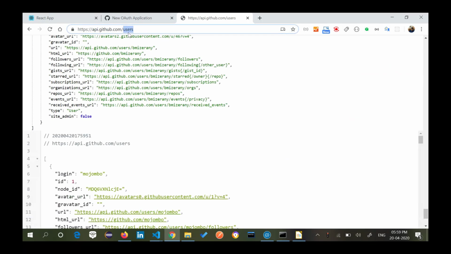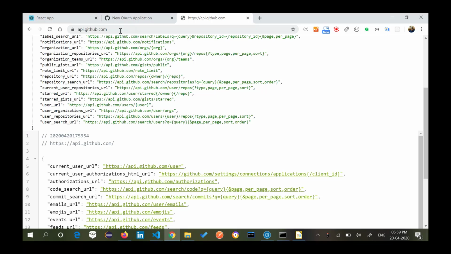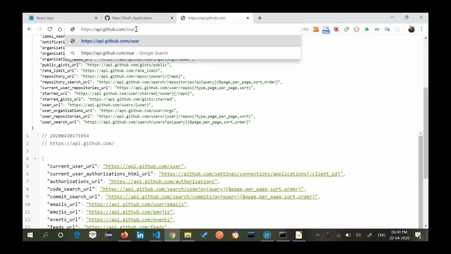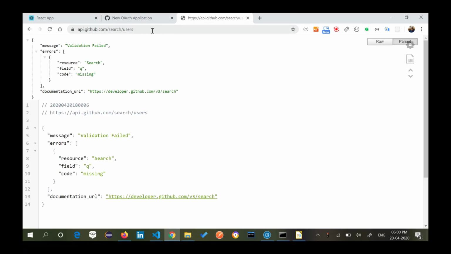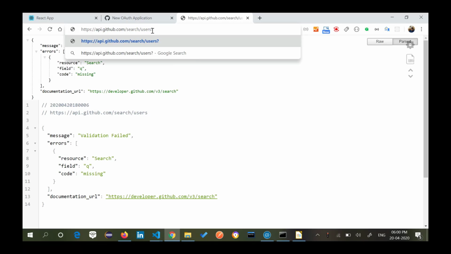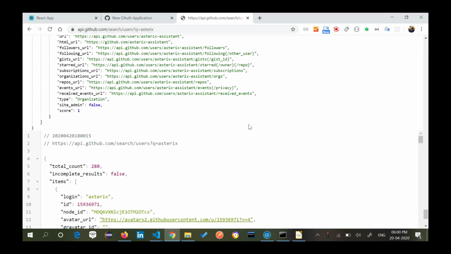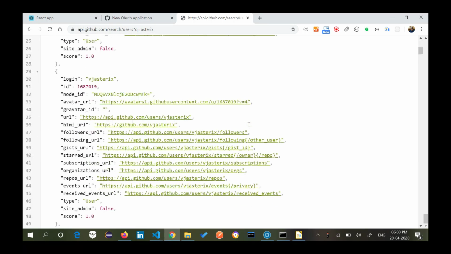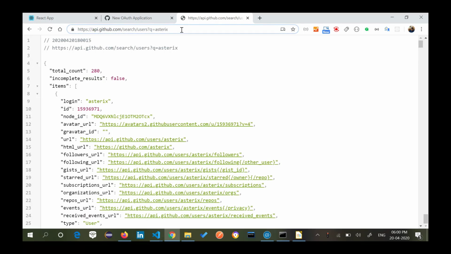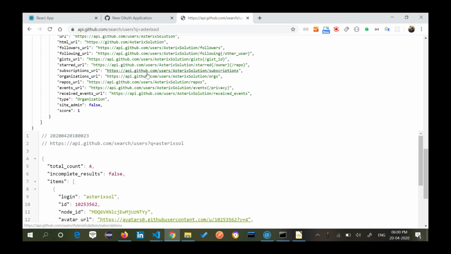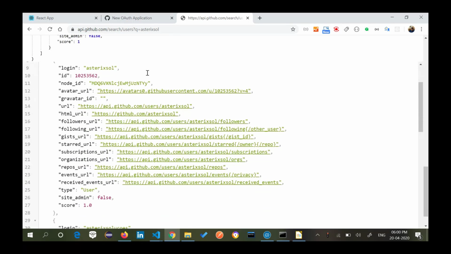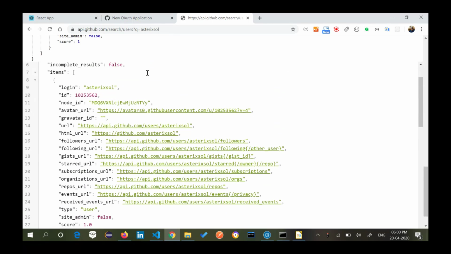Let's say in the documentation, it is slash search slash users question mark q equals asterisk. So it is finding only those who belong to. See, this is now basically one of my IDs as well here.